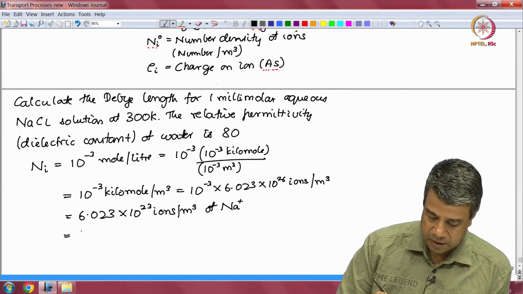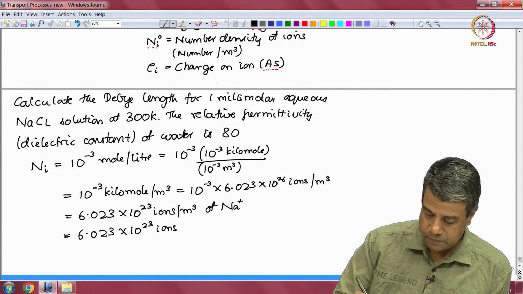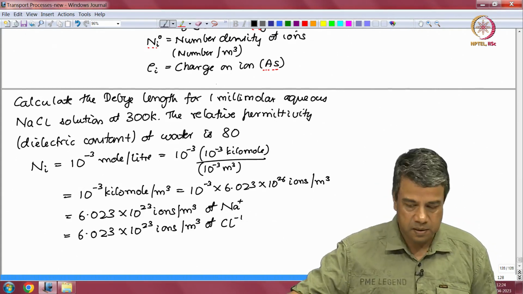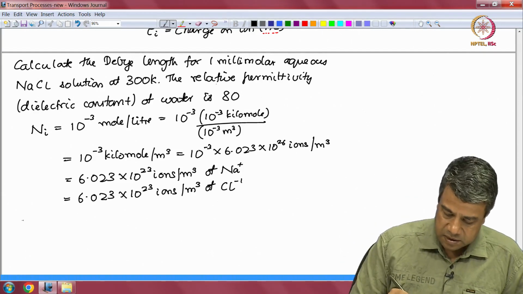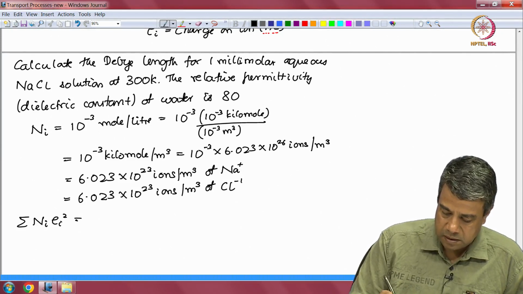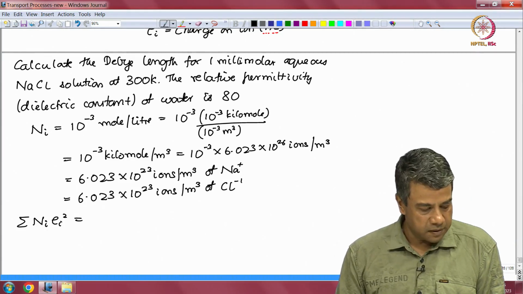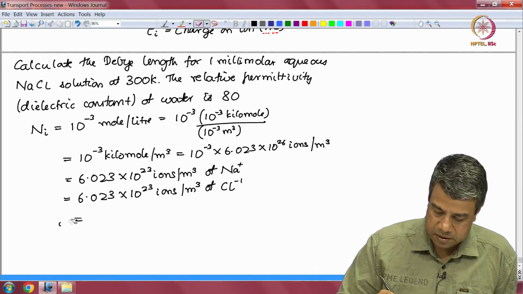number of chloride, Cl minus, in a neutral solution. So this is the number of ions. So, summation of n_i e_i square. So e_i is the charge on an electron. So let me just do the charge in